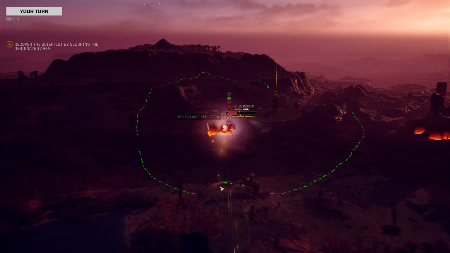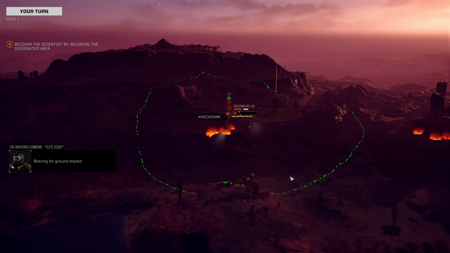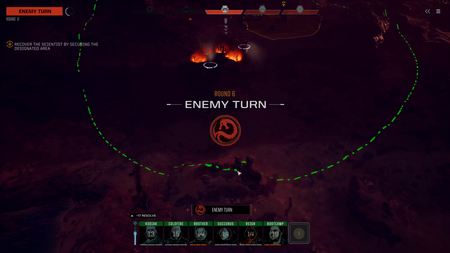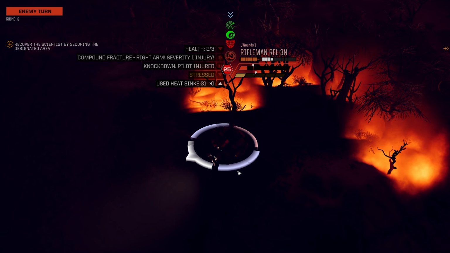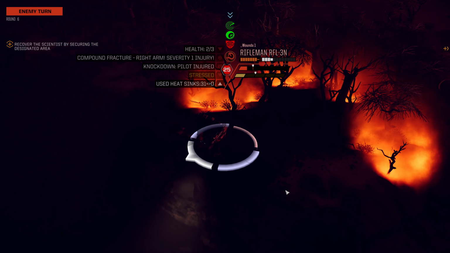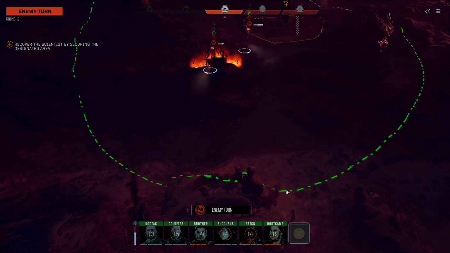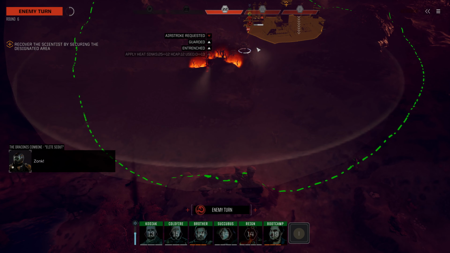Mediocre shot there with the Long Tom. We did get another medium laser destruction and maybe a knockdown? Yep, that's a knockdown. Beautiful. Okay, so they move in phase 25, so the Rifleman instantly gets up. It's a little sad that it moved from 18 to 25, but sure. And then 20...